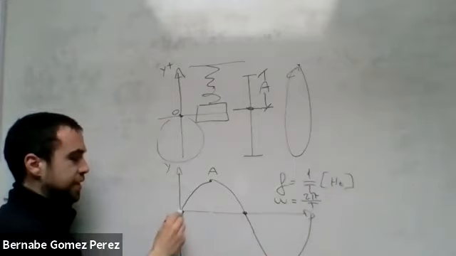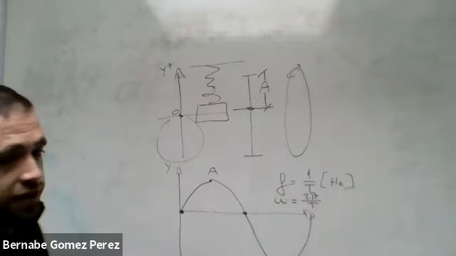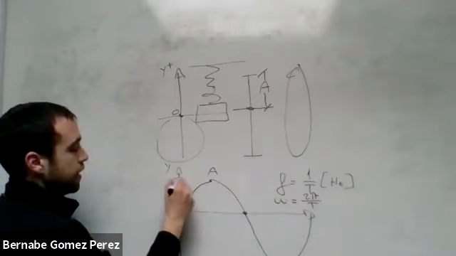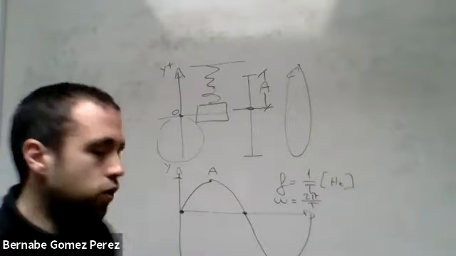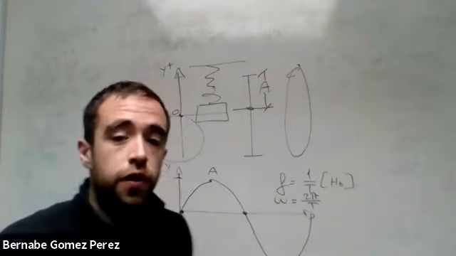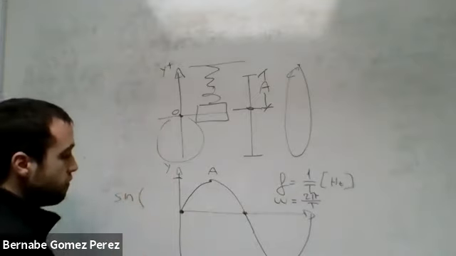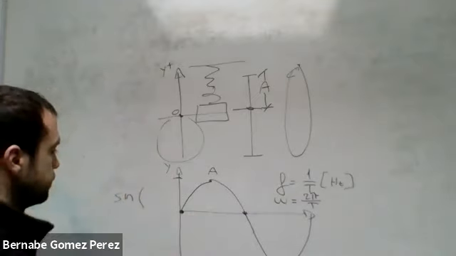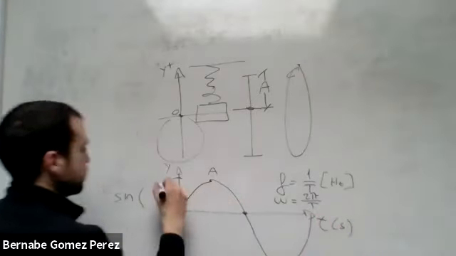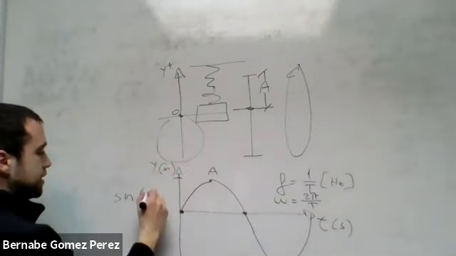Because let's say that this is the sine, okay? This is a sinusoid. How do we know it's a sine? Because it starts at 0. If it starts at A, it's a cosine, because the cosine of 0 is 1, the sine of 0 is 0, okay? So we know that this is the sine of, for example, T, because this is time, in seconds, and this is going to be Y in meters. So this is going to be the sine of T,